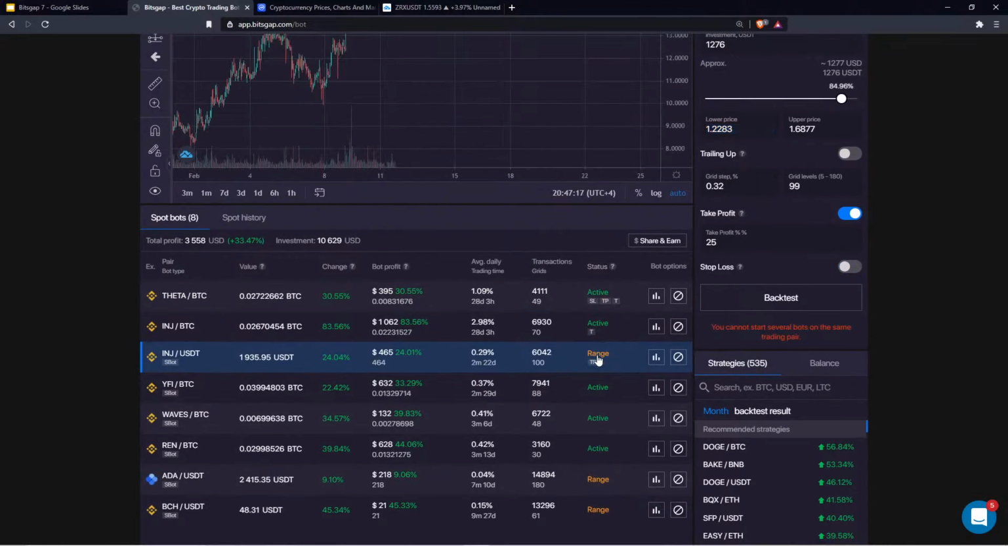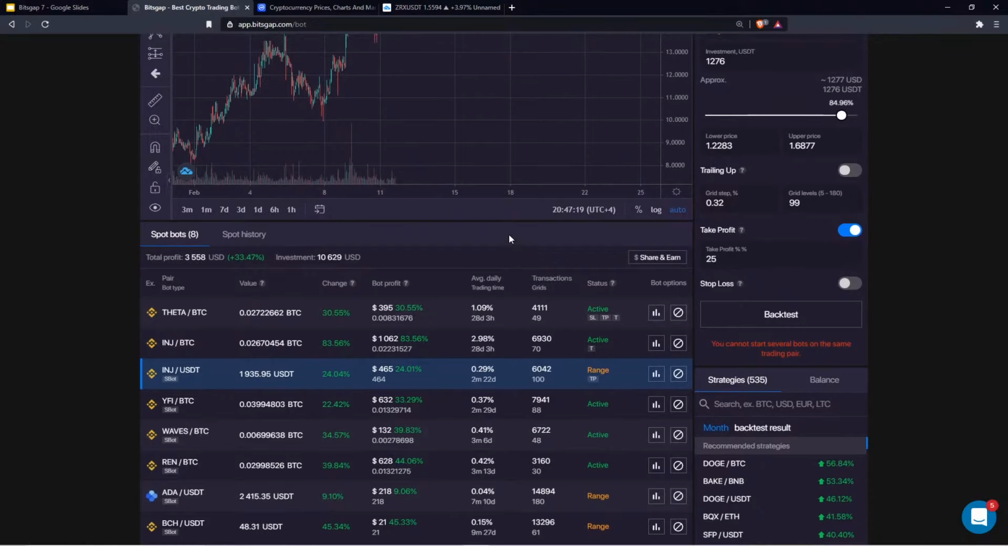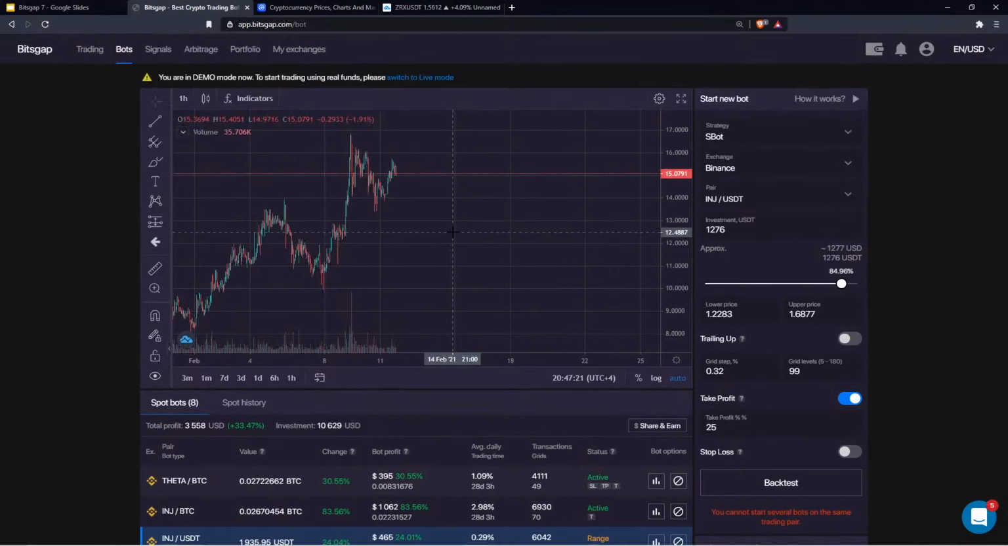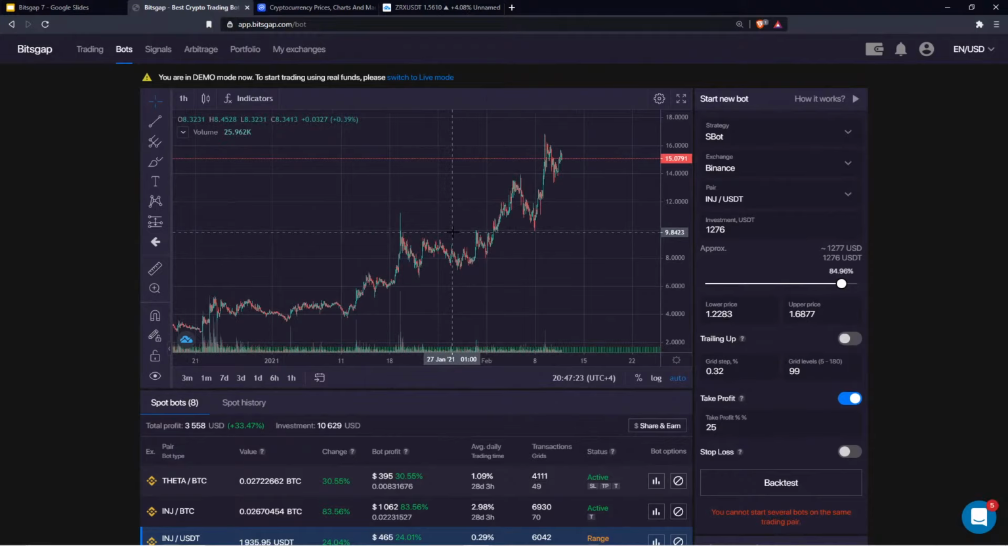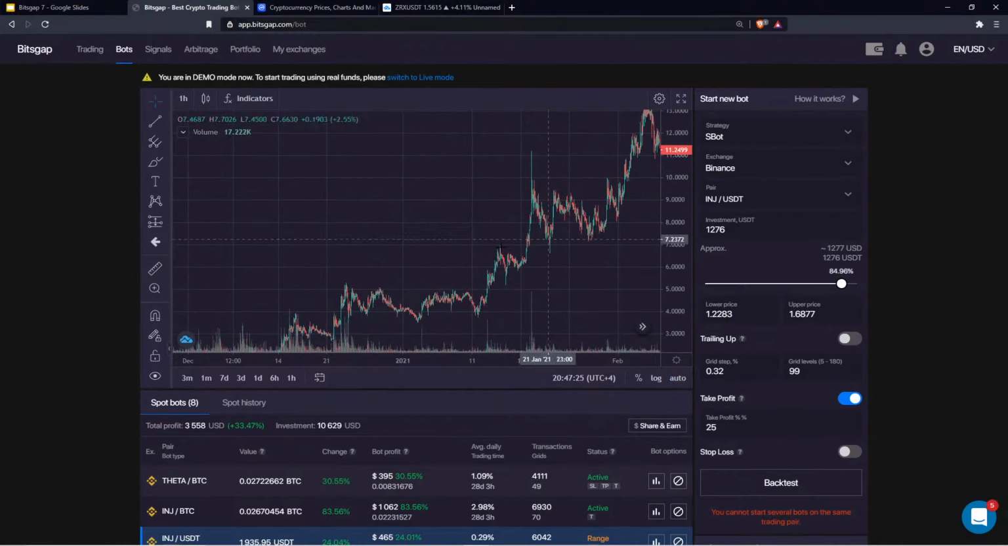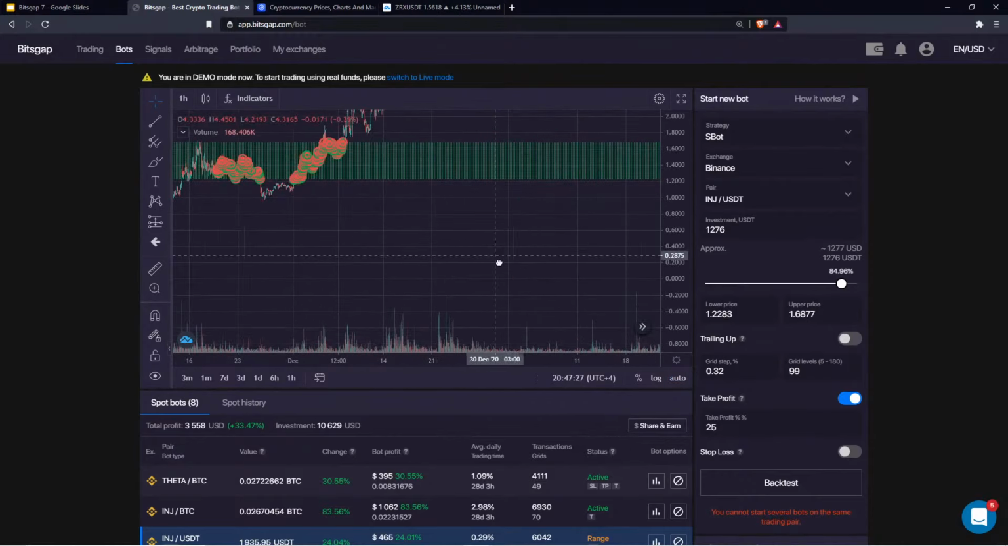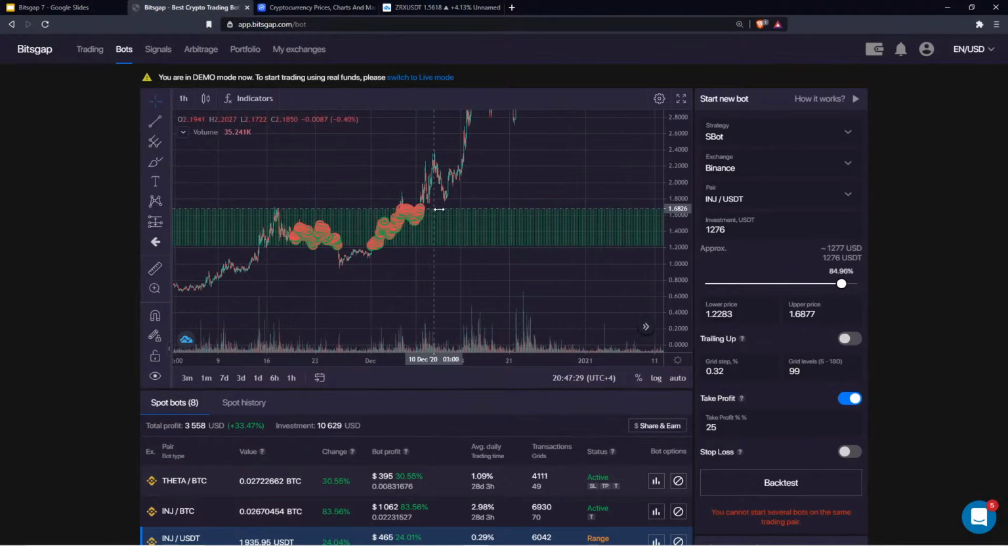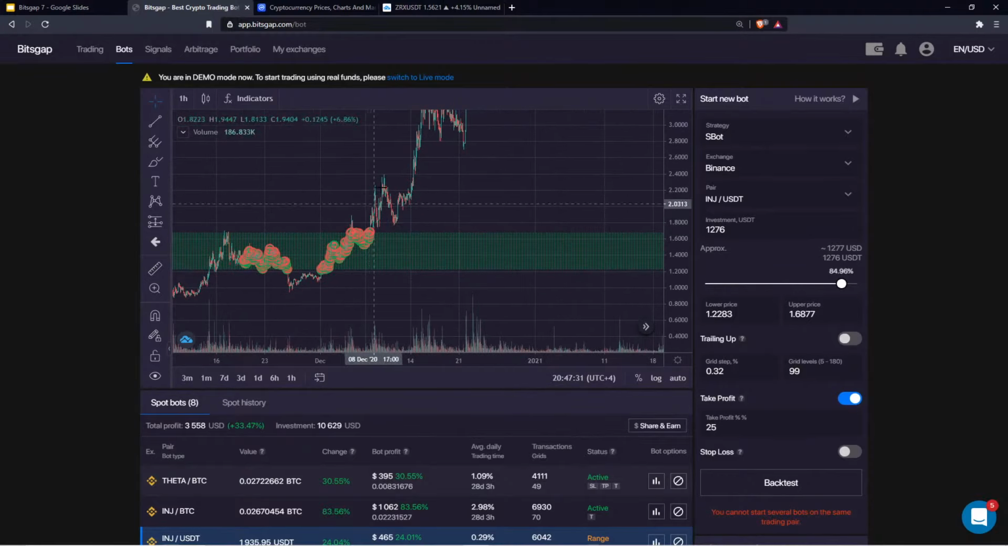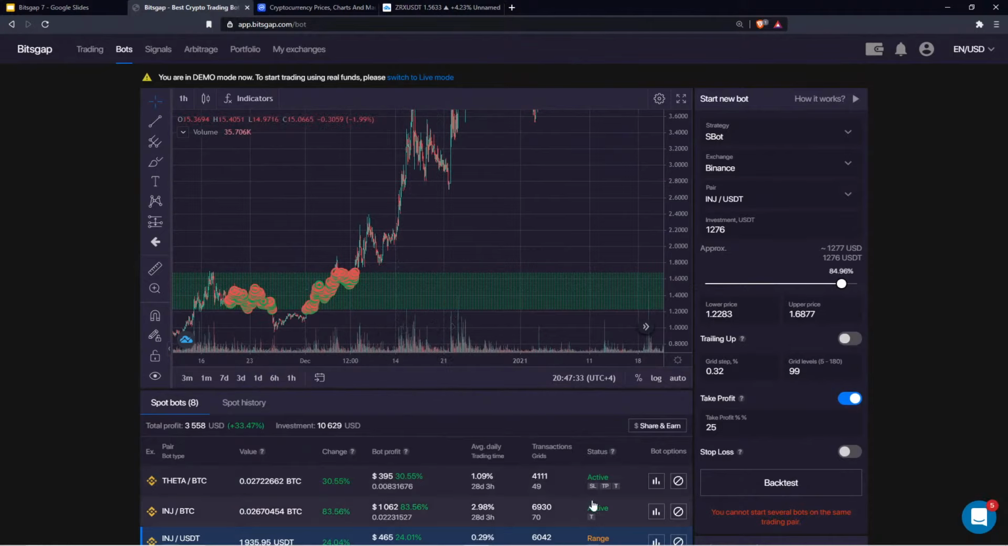See the status range, it means it's no longer trading. So let's see why it is no longer trading. And here's why. You see, initially my trading range was over here. So once the price breached the upper limit price, it halted trading because I did not have my trailing up on for this